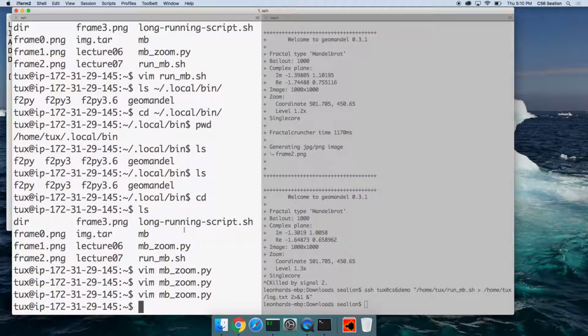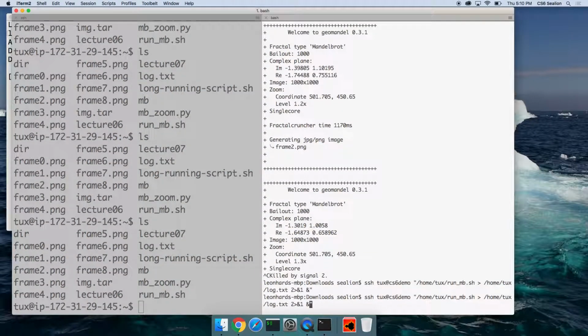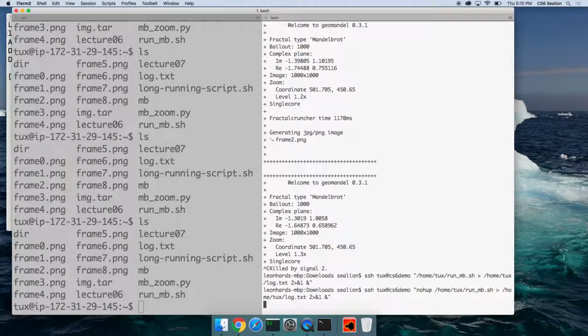And so if we look now into this, okay, we hope some frames should appear. Okay, but there aren't any. Something went wrong. What went wrong? Well, as I said, we basically closed the terminal which issued that. So in order to fix this, we have to disable the hang-up signal. And for that, there is another command called nohup. And so when we issue this now,